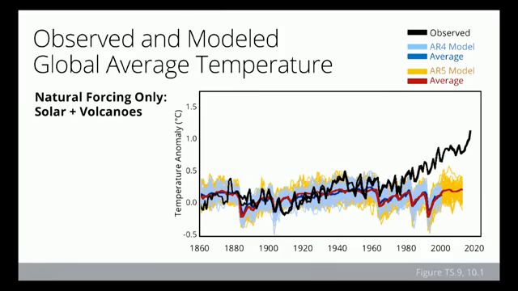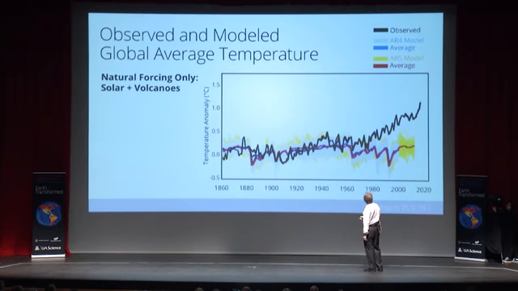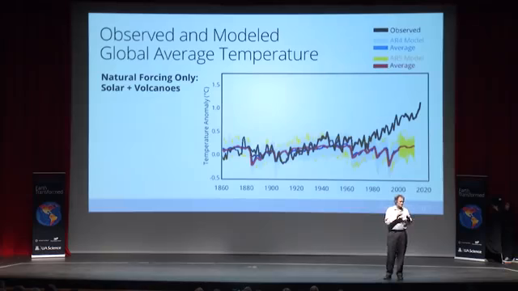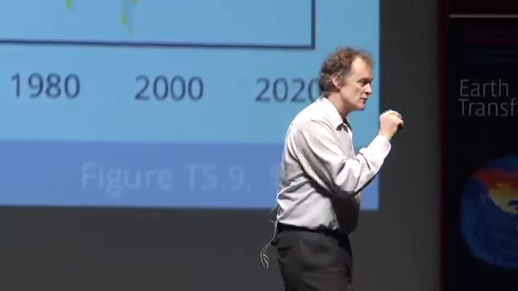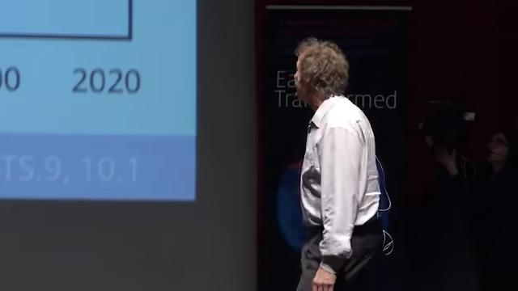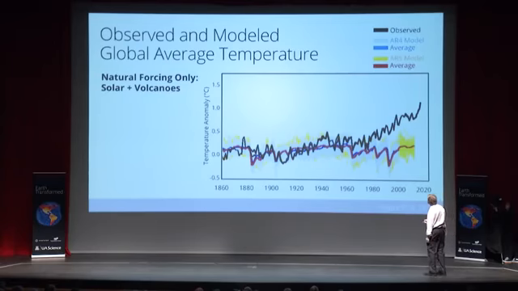Now here's an experiment. The black line here is the observed temperature trend over this period, starting in 1860. It goes up about 1 degree. The blue solid line is if I take all the climate models that were used, say, 7 years ago, and I integrate them forward, and I give those climate models only information about how the solar insolation has changed due to sunspots, and when volcanoes go off, they put aerosols in and cool the planet a little bit. I find out that the models give me this blue line, which just goes along here, and yet the observations are going up, and up, and up.